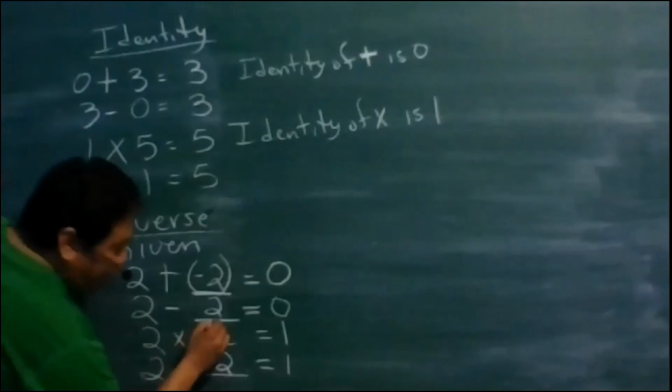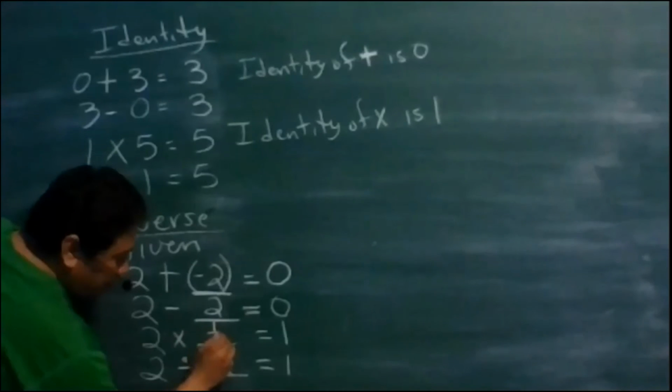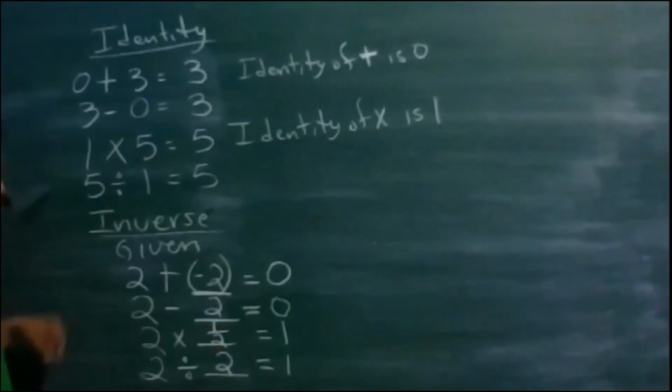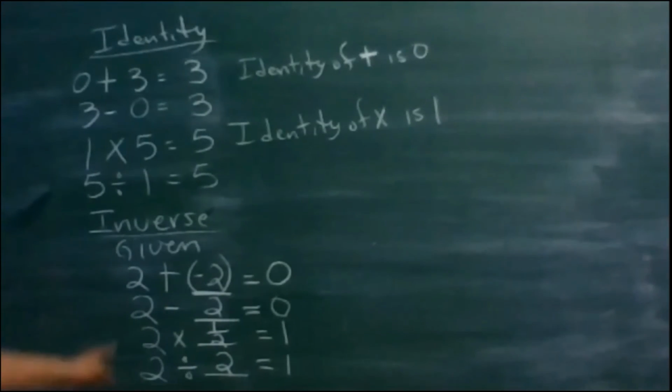The number is half. Alright, sir, explain. Half times 2 equals 1 because the 2's will cancel, leaving you with the 1. Oh, I see. Yes. So,